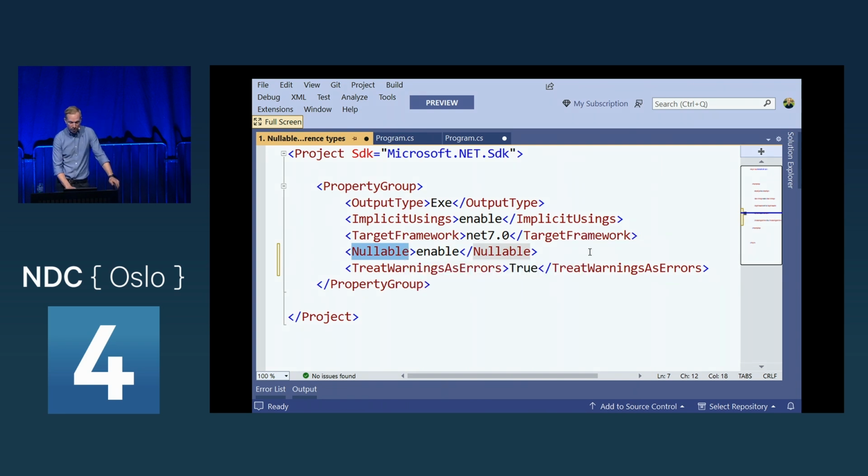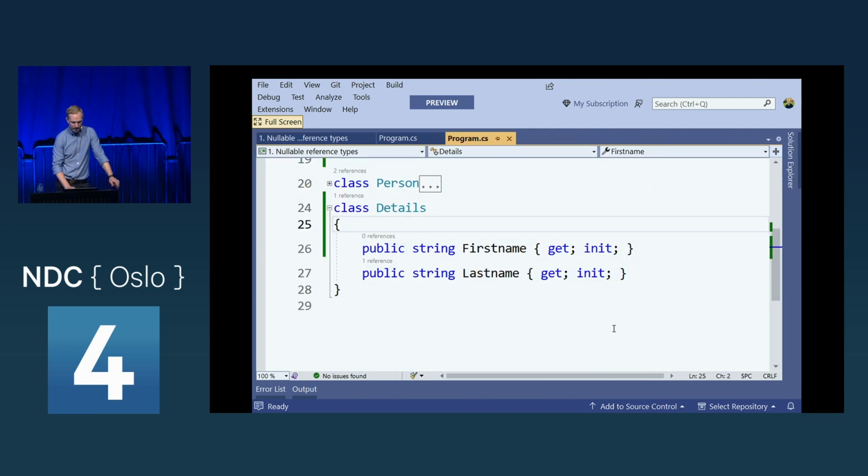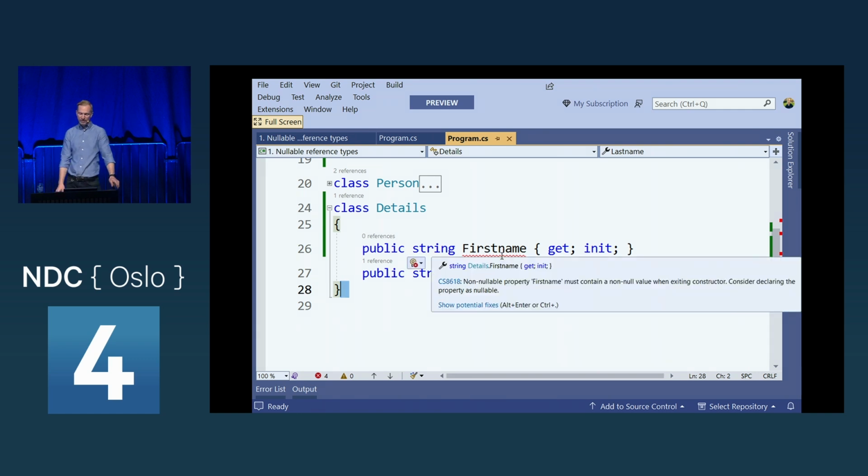And I've also enabled another thing called treat warnings as errors. This is probably the most amazing thing that you can do in a project. So if I save this here, and I go back, and all of a sudden we have nullable reference types enabled, and instead of getting a warning, I get a compiler error. I can no longer compile the application because I haven't guaranteed that this is set to an instance.